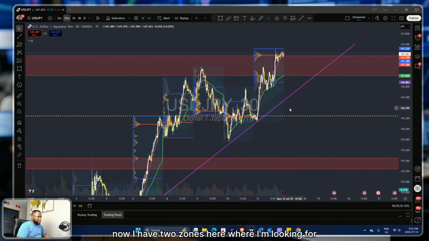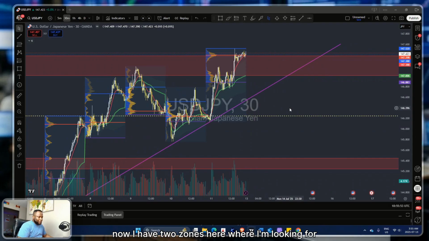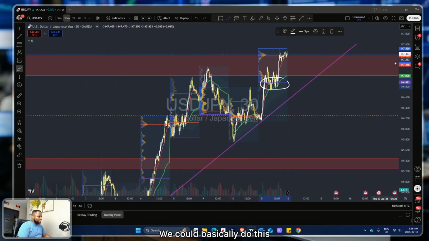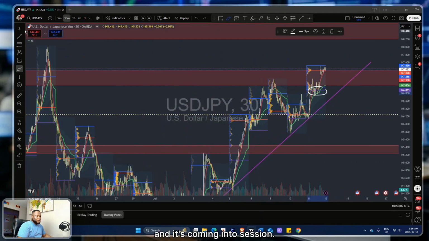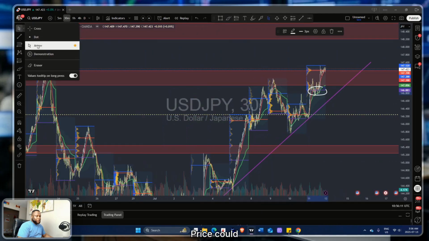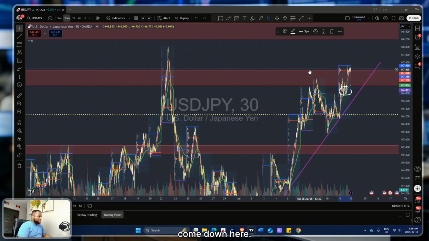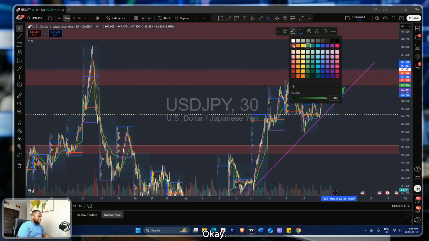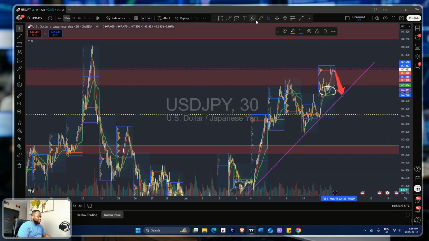Okay. Now I have two zones here where I'm looking for potential buys, which are very valid to me. This area needs to hold if we're gonna go up. We have our concentration of orders here. We could basically do this in this coming session. Price could come down here. We can have a retracement from here to this zone. Okay. And we have a buy from this zone